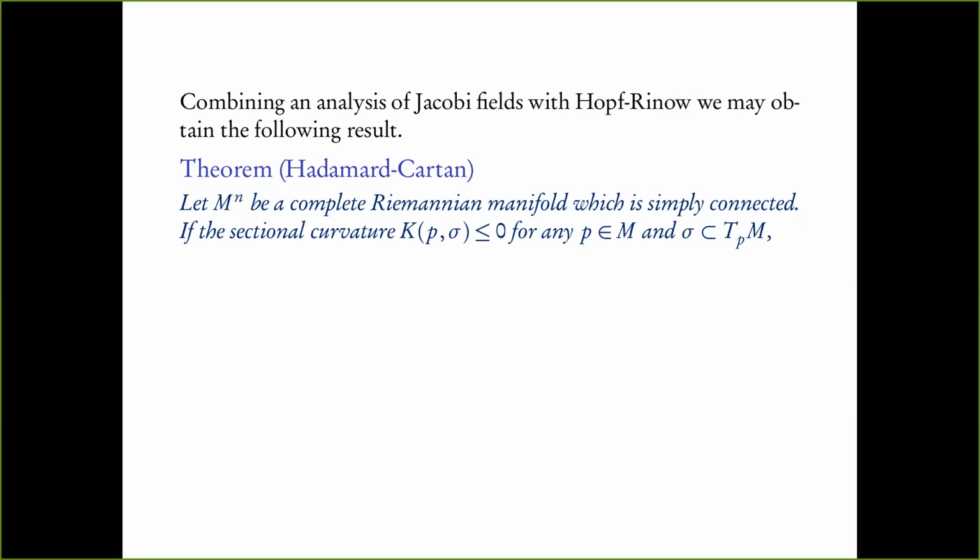If you impose the condition that the sectional curvatures are all non-positive, meaning that you take any point p, take any two-plane sigma in T_pM, look at the sectional curvature associated to sigma at the point p, and that is less than or equal to 0, for any p and any sigma. So if the sectional curvature is bounded above by 0, then the exponential map at any point p, so this p is arbitrary, exp_p from T_pM to M is a diffeomorphism.